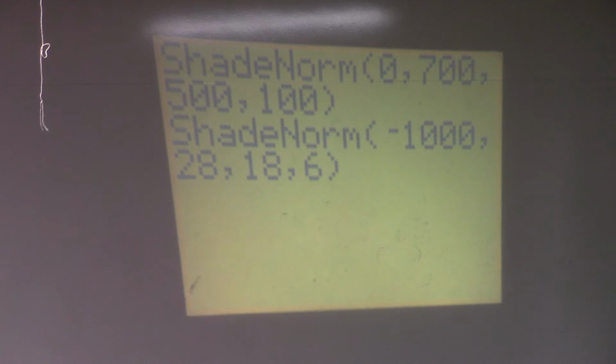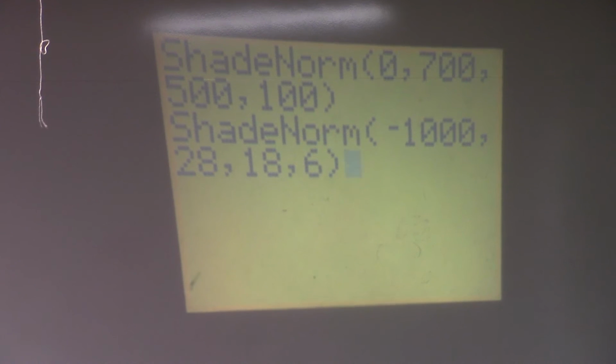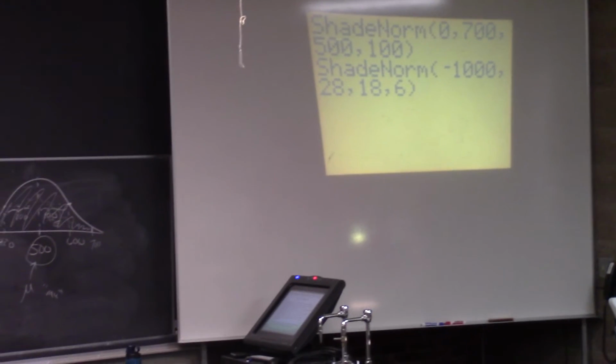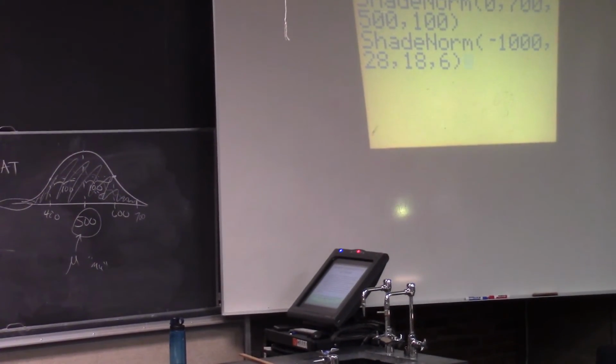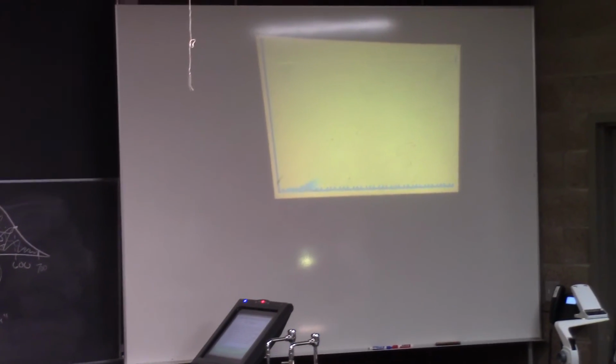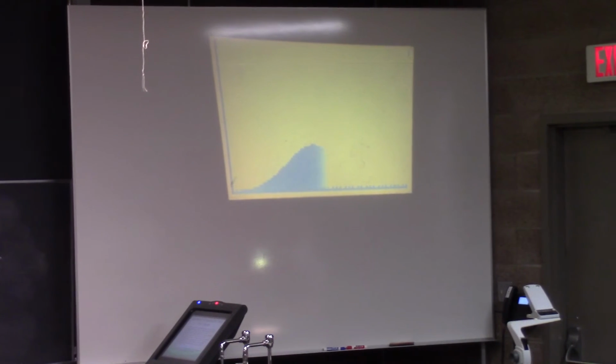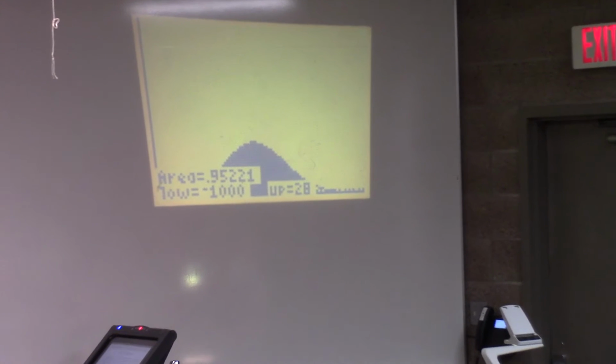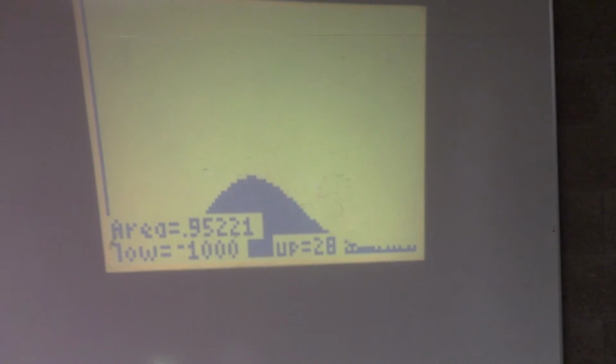This is going to be a pretty big area as well. Probably above 0.9, maybe above 0.95. I think Bobby didn't do quite as well as Cindy. Here we go, ready? Picked a pretty good window. Yeah, he didn't do quite as well. That area is 0.95. He was at the 95th percentile.